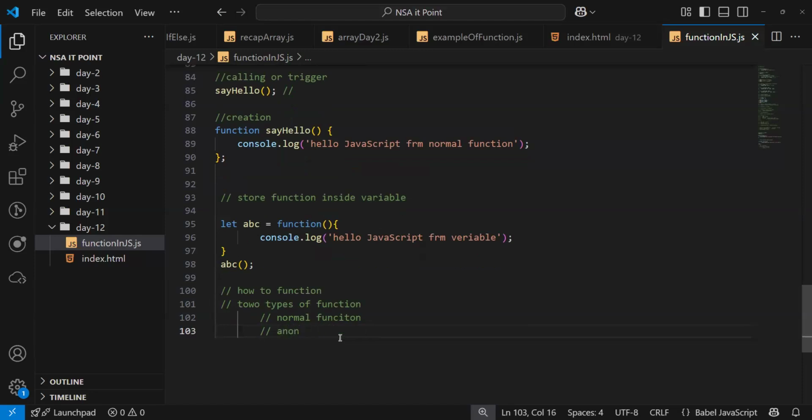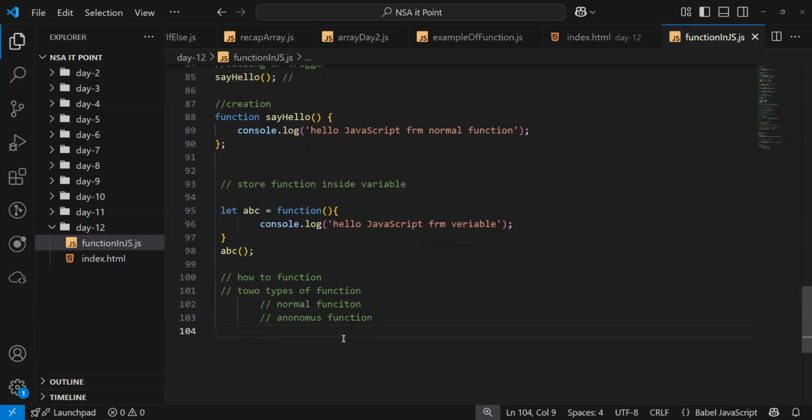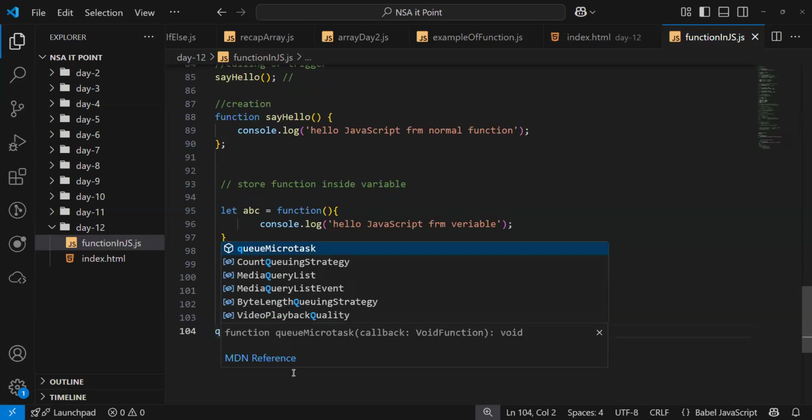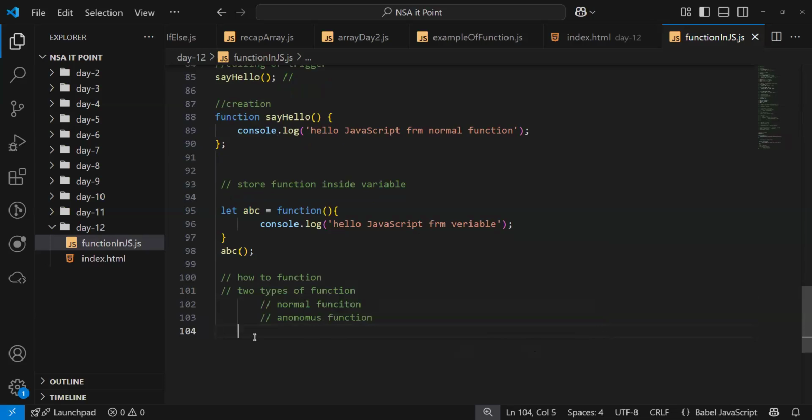Okay, let it be anonymous function. That's the arrow function, a different one. We will see how we write the arrow function in future. Those are the advanced things, those are new in JS. For now, this is everything to understand. That's why I'm going step by step.